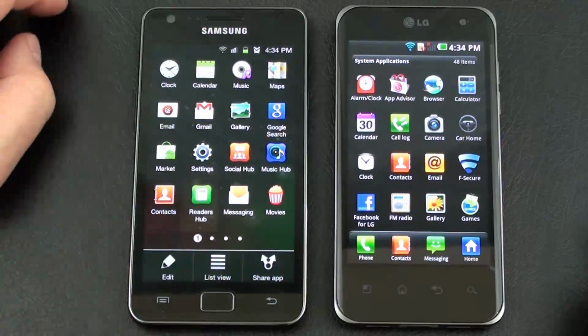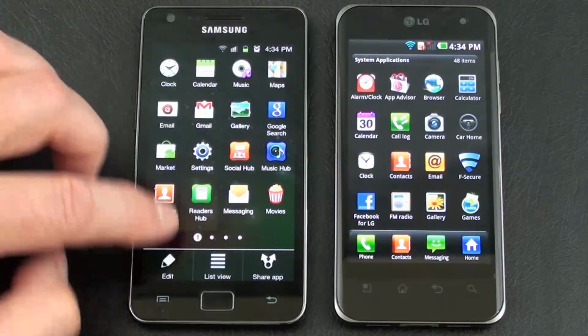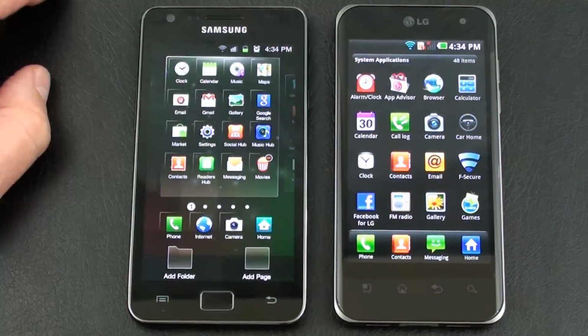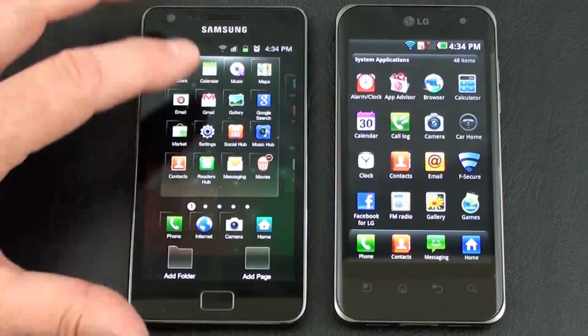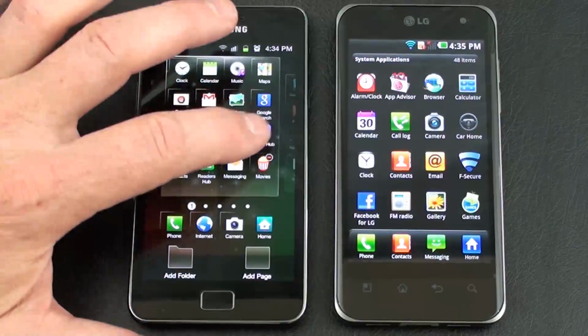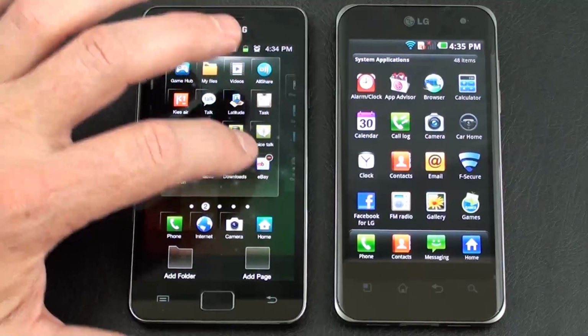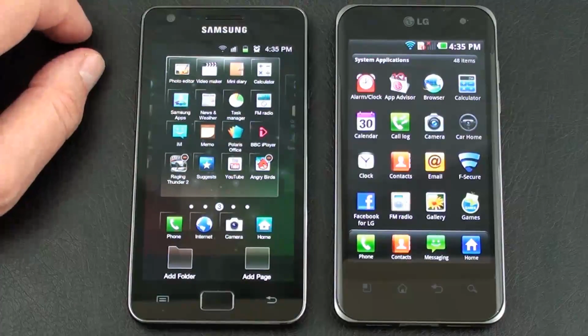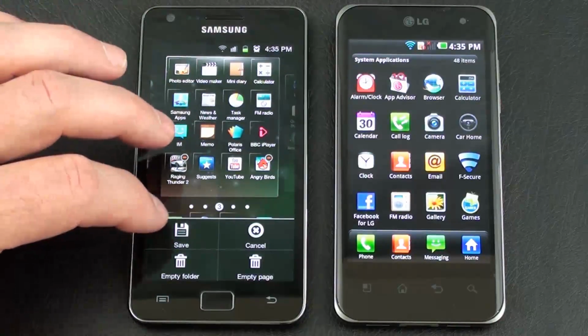When you go into Edit, you can add a new page or a new panel, add a folder, and adding a folder, simply dragging the different application shortcuts down here to folder, dragging it up where you want it and titling it, and it's all set. Wherever there's a little minus, it's something you downloaded. If you tap on that, you can actually uninstall the app from here. As far as